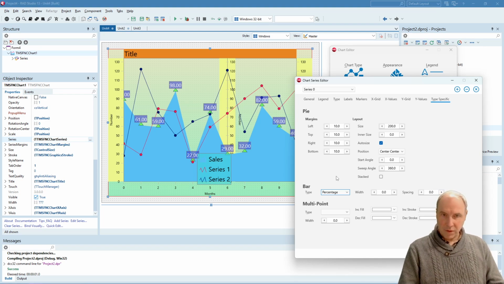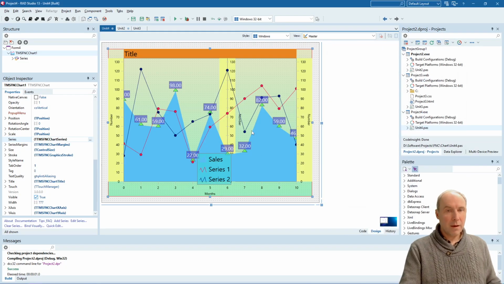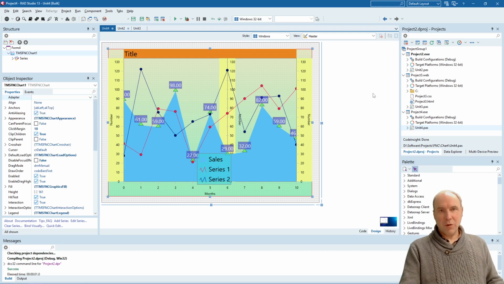difference in how you want the bar to render. That is that the value for each point in the bar chart contains a percentage number or an absolute or a pixel-based value. You can select that so that the chart renders as you expected. So all of these visual settings are available via this design time chart editor. So let's have a look at how we can bring all these pieces of the puzzle together in